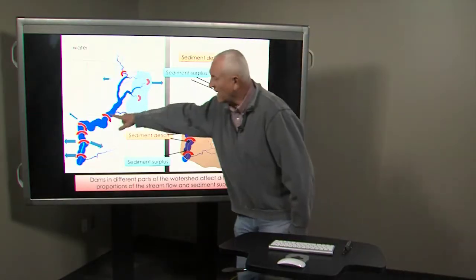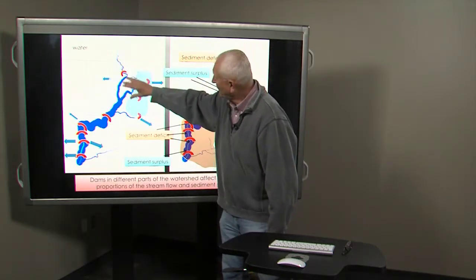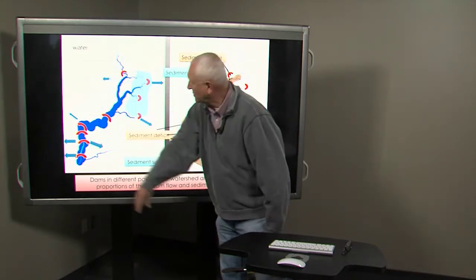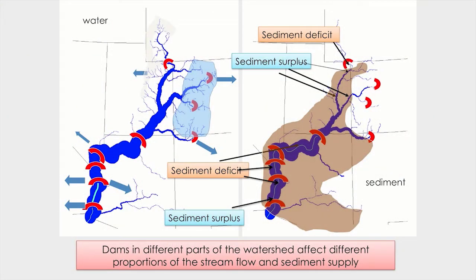So now we have dams throughout the watershed that control the water. The floods are less, but we're still sending water out of the upper basin down to the big users downstream, but we're trapping sediment throughout the reach,